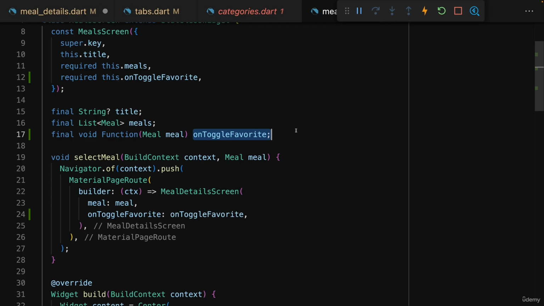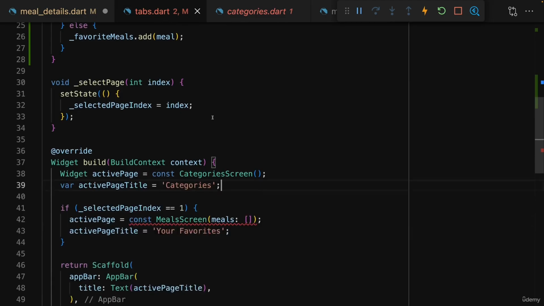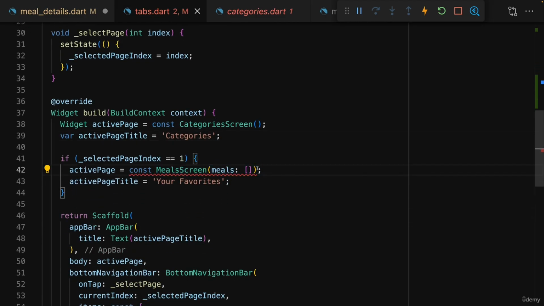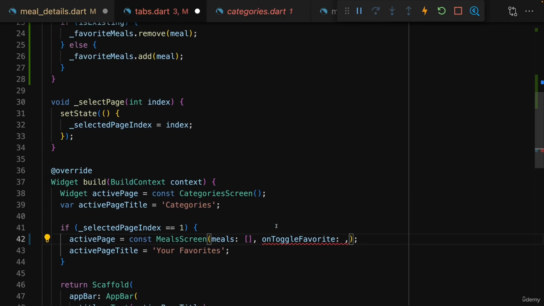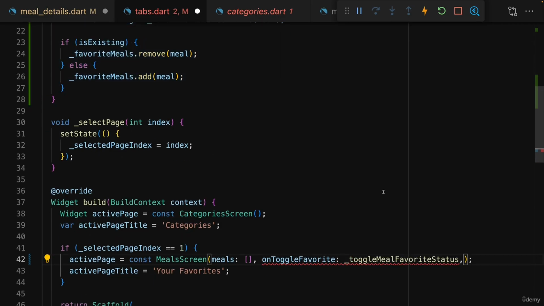So now with that, we have to make sure that we pass this function, which we now want to get here in meals screen on this parameter, to the meals screen. So from inside the tabs screen, where we create the meals screen, we now have to set on toggle favorite, and here we finally can now set it to this toggle meals favorite status function that we create here. So with that, we're in the end creating a chain along which we pass a pointer to this function through